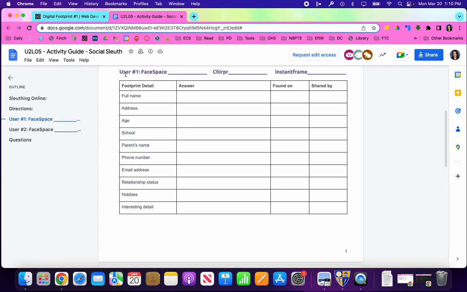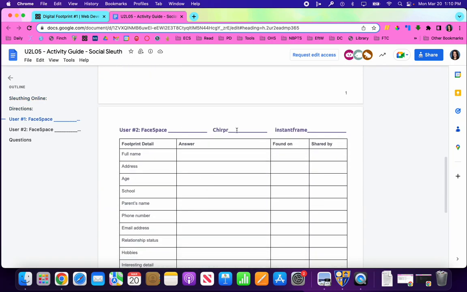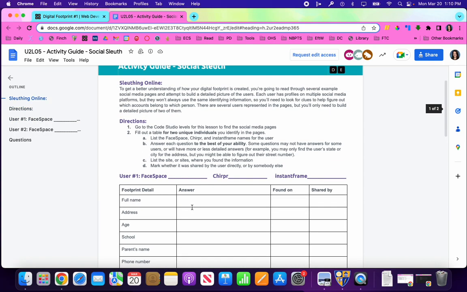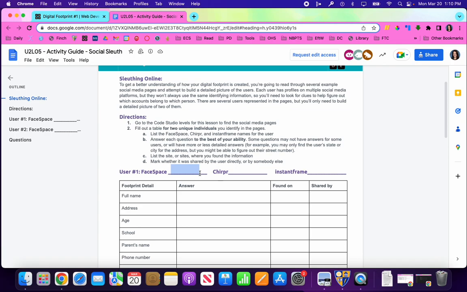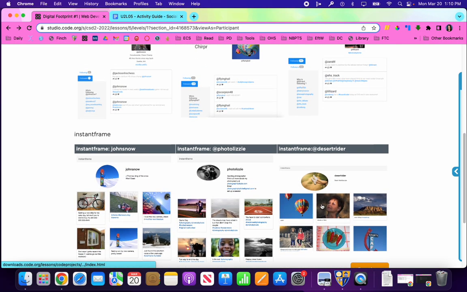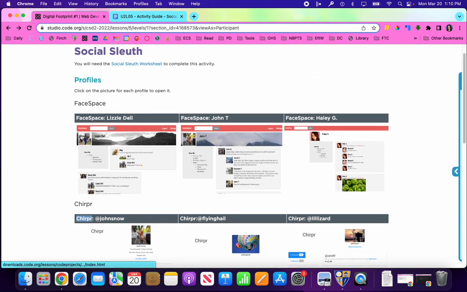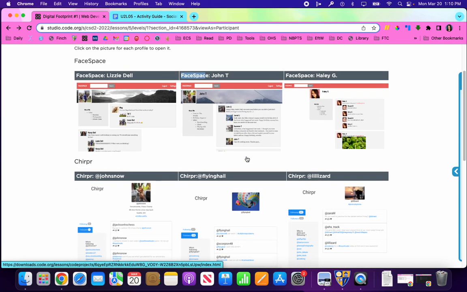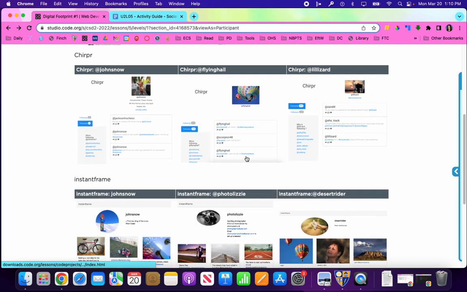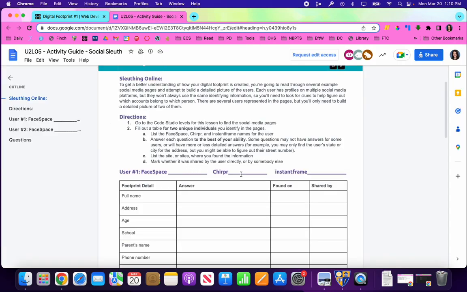So you have user 1, you're going to put their username for whichever site you're going to look at first, and then user 2, and then you're going to put that information there. Okay, you put their username for each one because you're going to check each one of these. So you have three for each one. You have Jon Snow's Instaframe, his chirper, and his face space. So if John was the person you were investigating, essentially, then you're going to put his username for whichever one